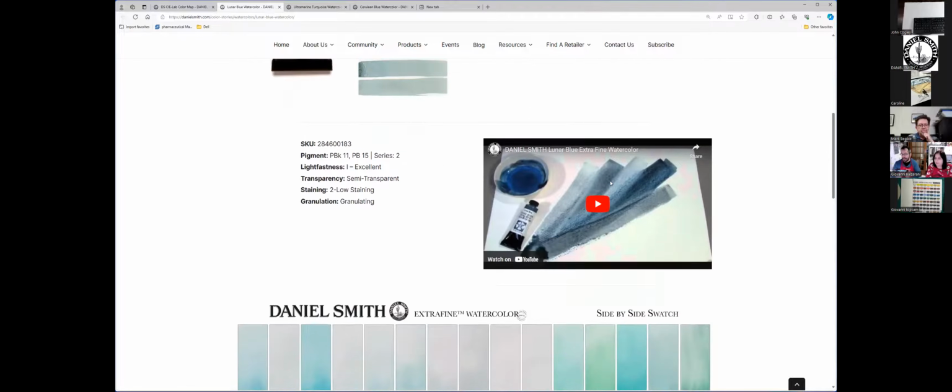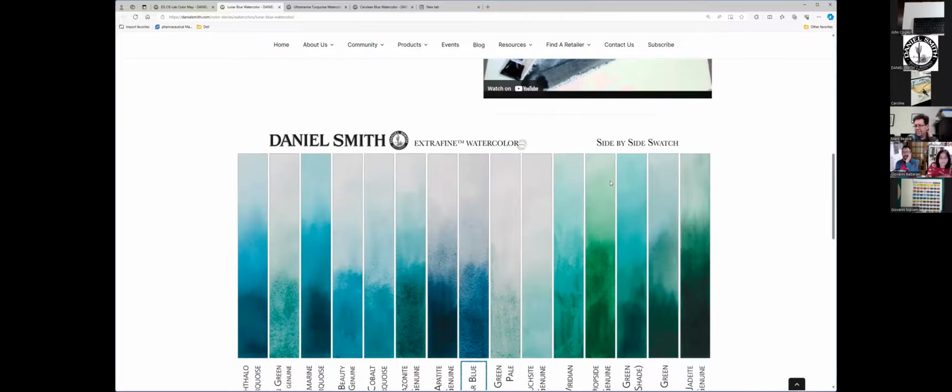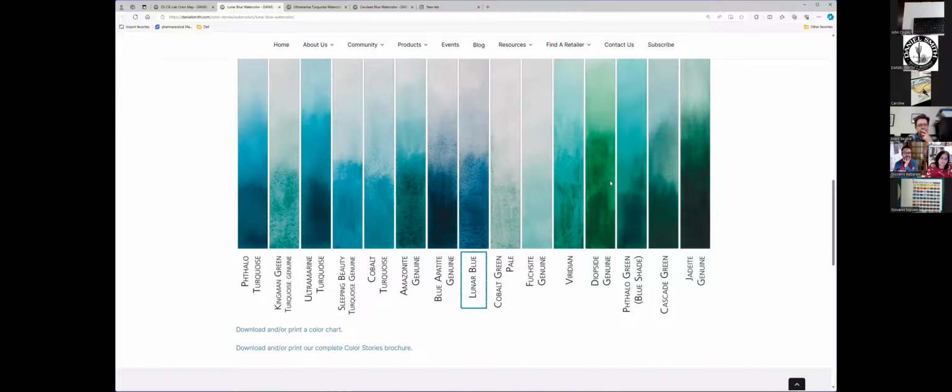And this one, not all of them, but many of them also have other colors artists have picked. I know Giovanni does a lot of this, and Letizia. So you can see here's lunar blue, and here's other blues. And you could actually write these names down and again search these and add these to the comparison as well,